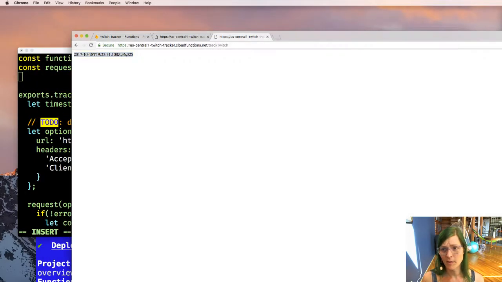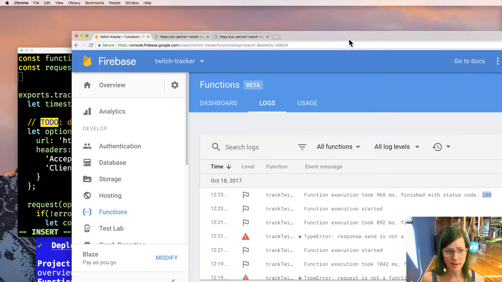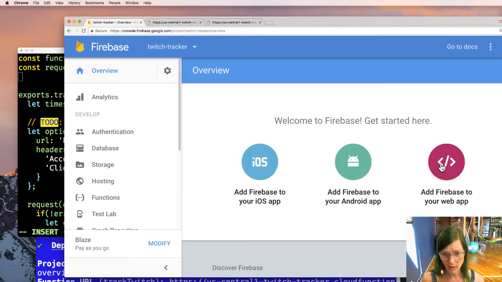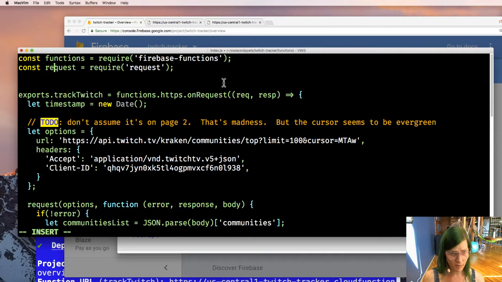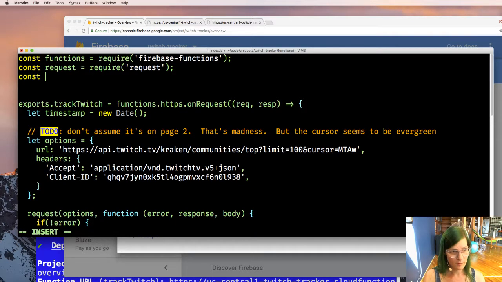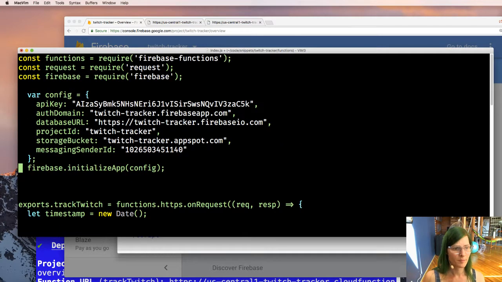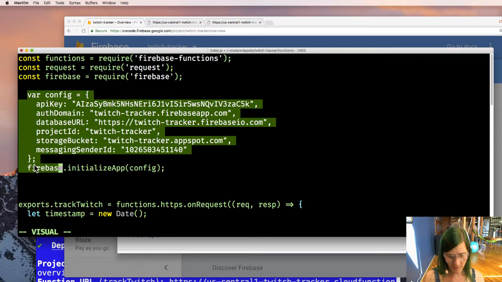So let me close these windows, go back to overview, and get all the initialization stuff I need. And it says, wait, I have a config in, oh, that's options, okay. So this is fine.